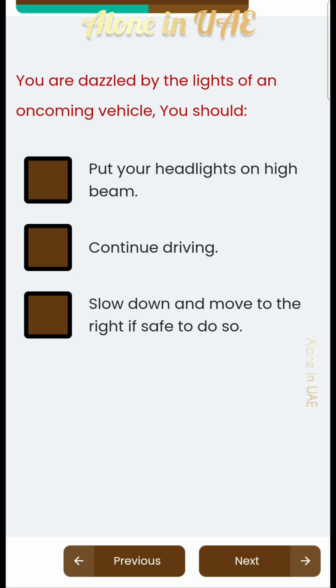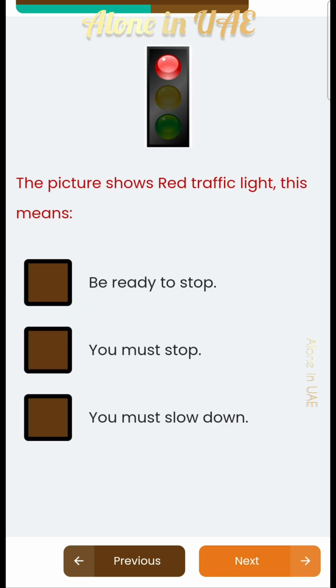You are dazzled by the lights of an oncoming vehicle. You should slow down and move to the right if safe to do so. The picture shows a red traffic light. This means